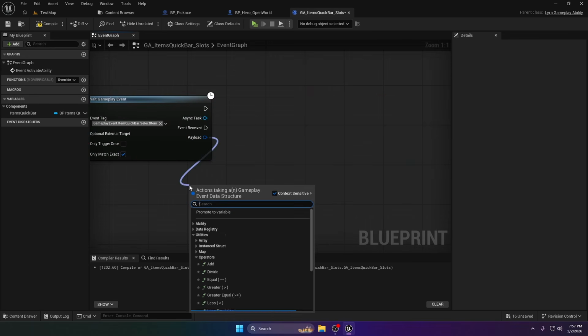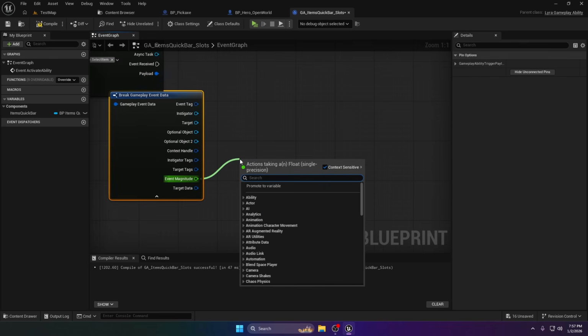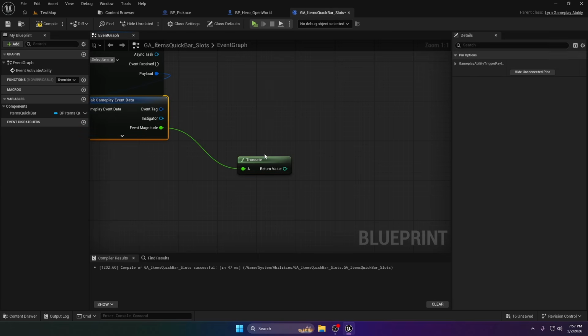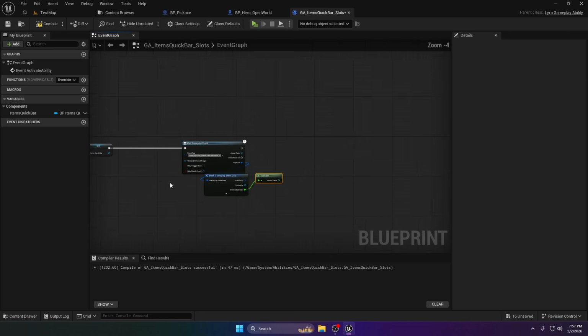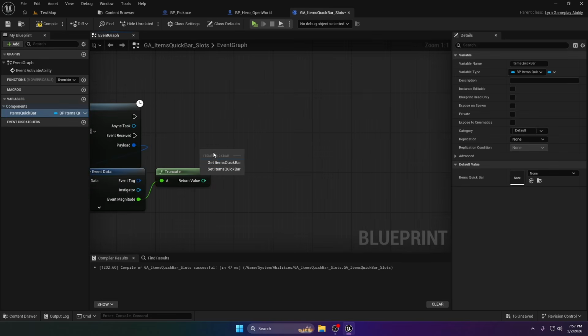And when we get this, we're going to break this, and we need to get this and truncate, so we get the integer. And from this, what we're going to do is we get quick bar,